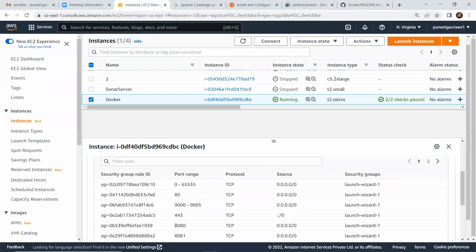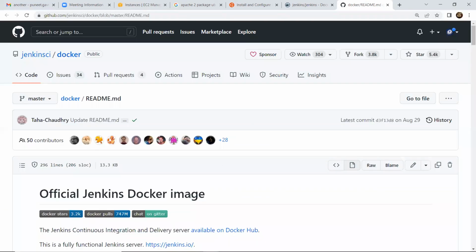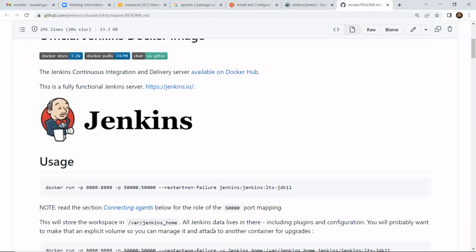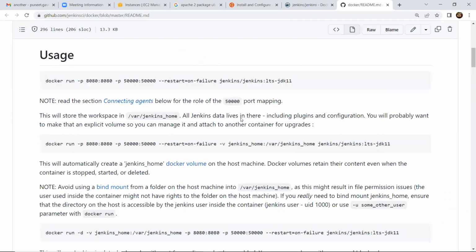Port 8080 is available and enabled. You see, so port is not an issue. Jenkins is not started, so that's what I'm looking for. This official Docker image is not working. I don't know why. So that's why I referred to